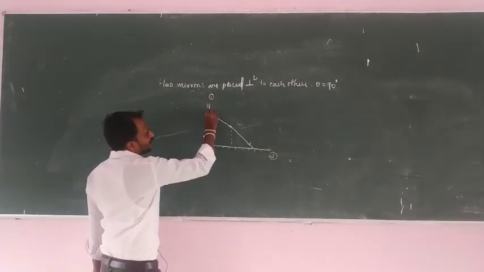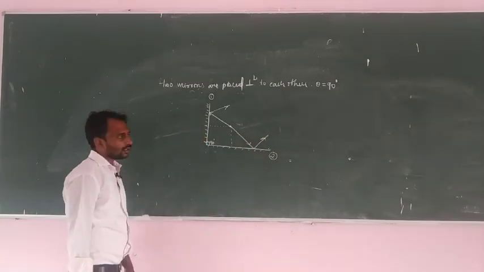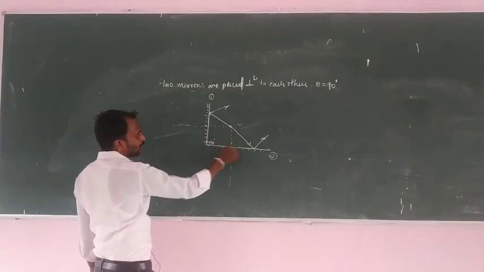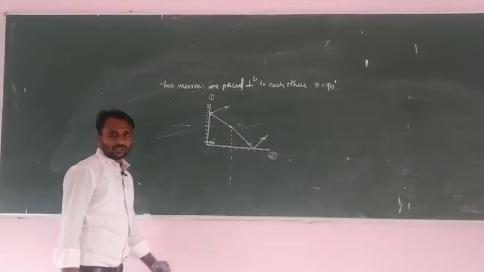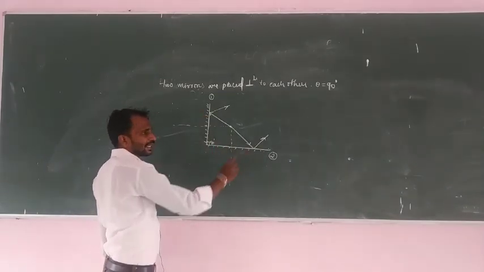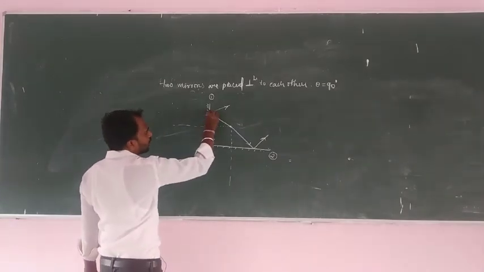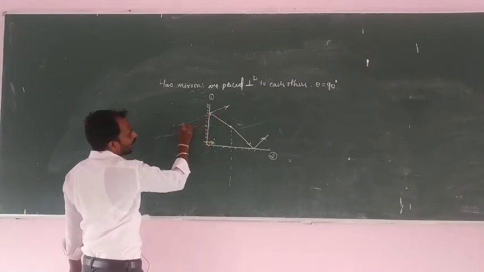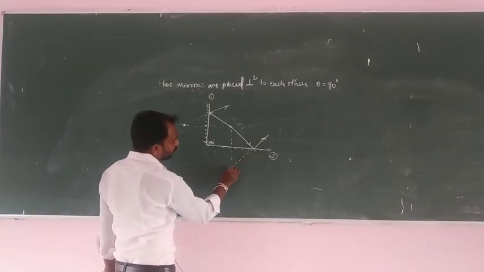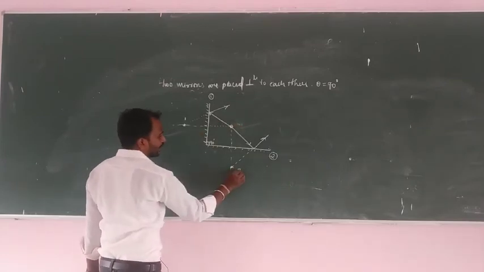Yes. Then these light rays are reflected, and here we consider a normal. Why? Because these two light rays are perpendicular to the mirrors with respect to each other. So this one is the normal for the first surface, and this one is the normal for the second surface. Surface means here we consider plane mirrors. Okay, and if you extend these light rays, here we will get an image. The same way here also, so this one is an image. So the object and these two we consider images.